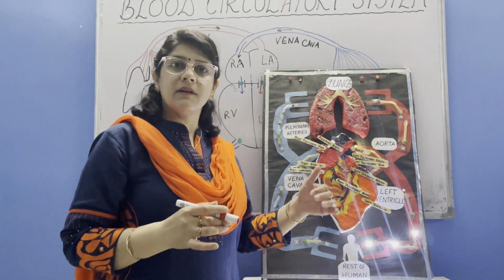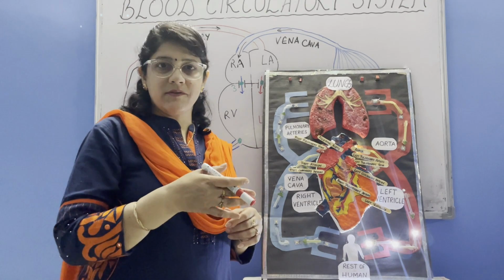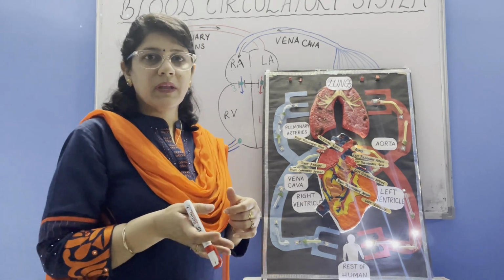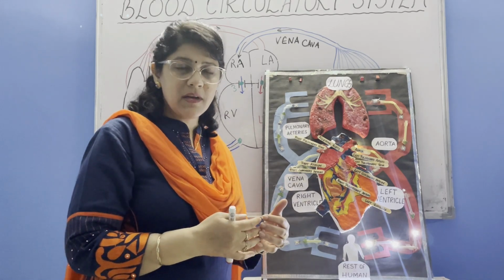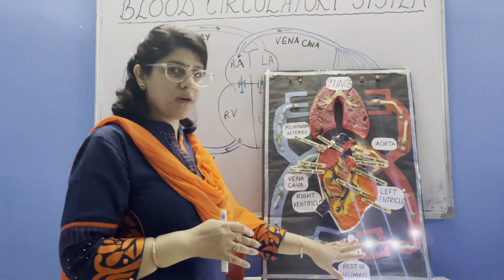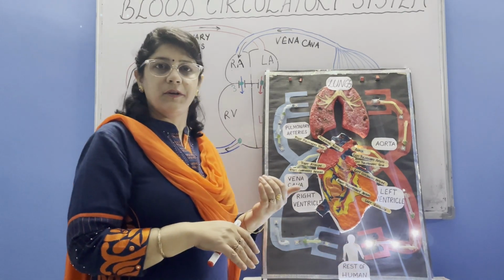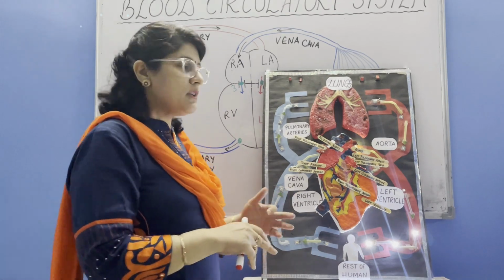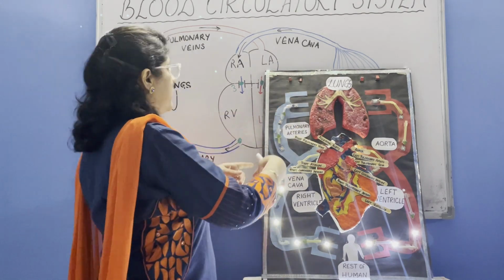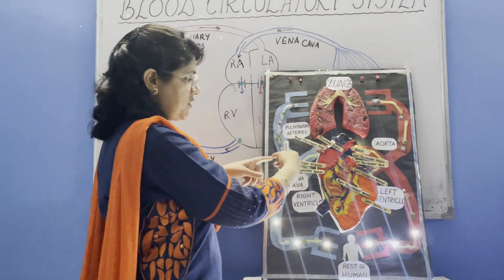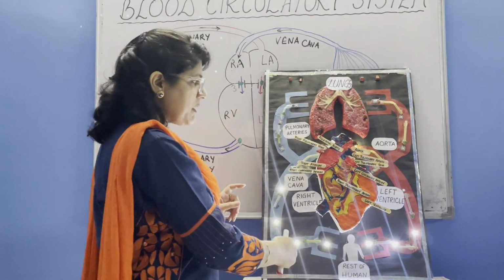This aorta carries oxygenated blood to various parts of the body when it branches into arteries and then arterioles and then into capillaries. Capillary is the place where exchange of gases takes place, and from here this deoxygenated blood is carried from various parts of the body with the help of venules and then enters into veins and then the vena cava. This vena cava carries this deoxygenated blood towards the right auricle. This is deoxygenated blood entering into the right auricle. So this is the second, systemic circulation.